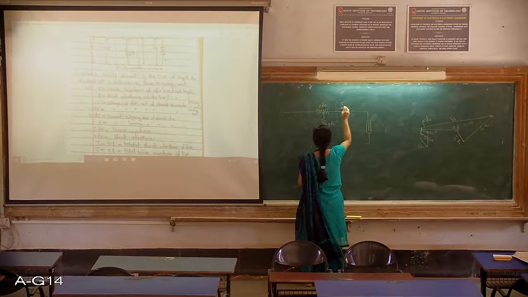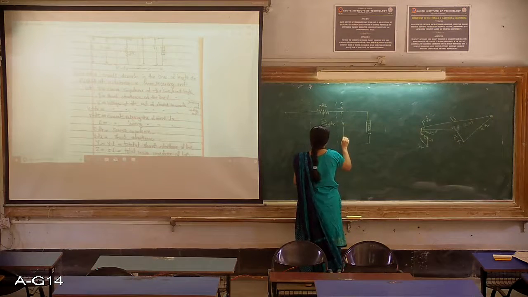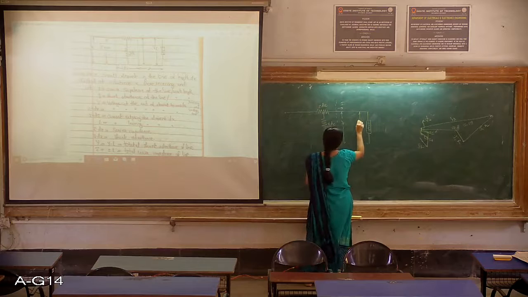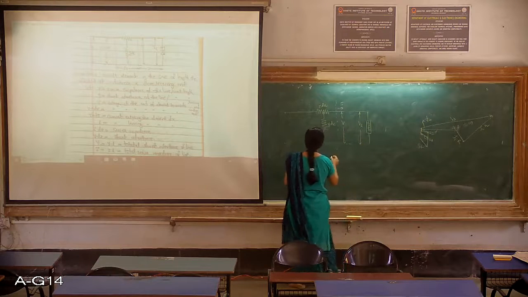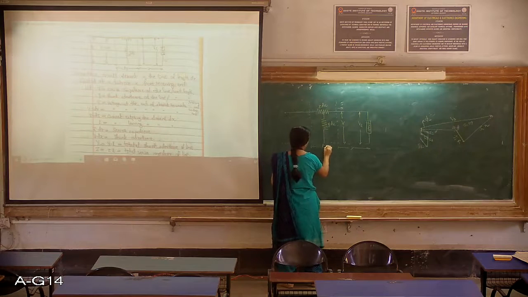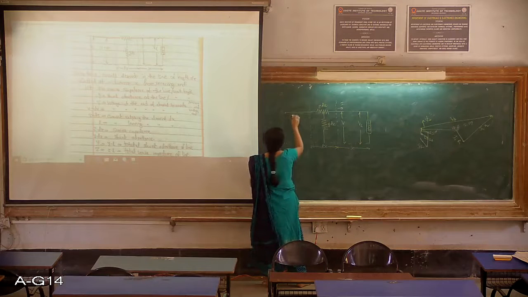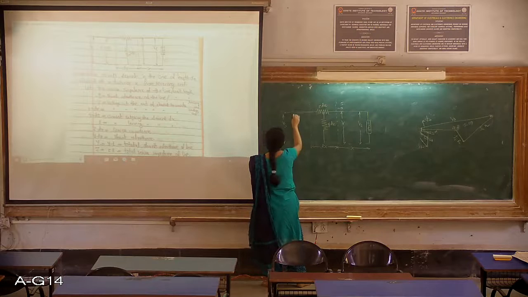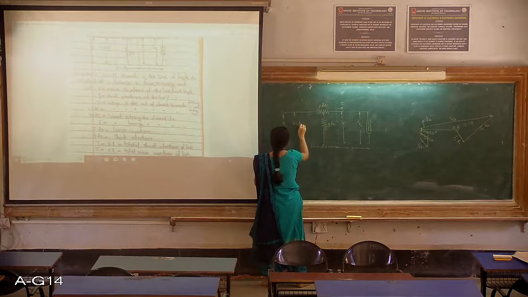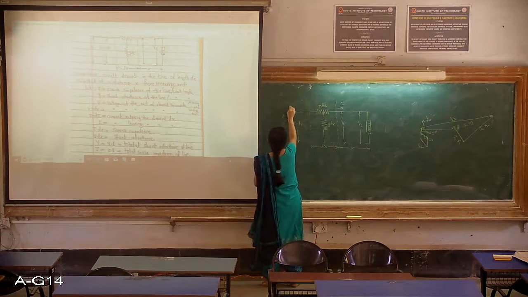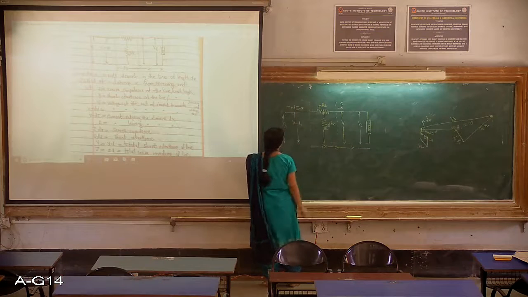Here the current I is flowing. V is the drop across the end of the element under consideration. VR is the receiving end voltage. This distance is x, and this portion which I have considered is dx. Here is the sending end voltage, then this one you can call the voltage at the receiving end of the element, and this is the current at the sending end of the element.